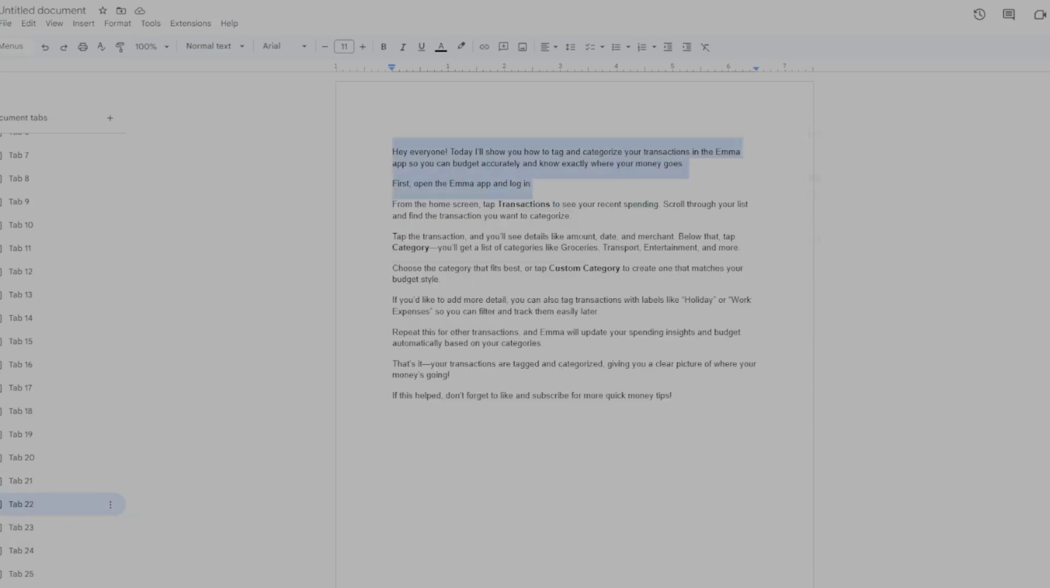And that's it. Your transactions are tagged and categorized and giving you a clear picture of where your money is